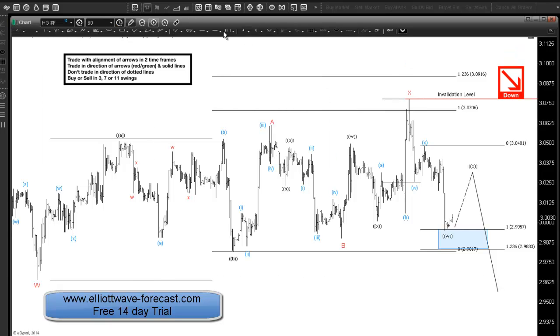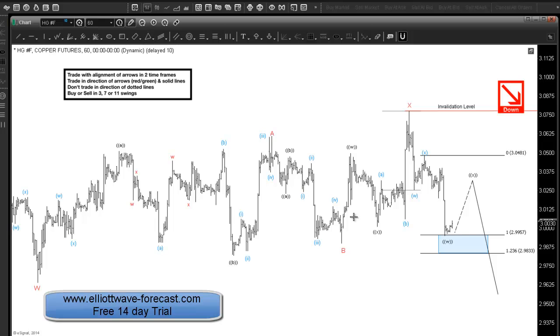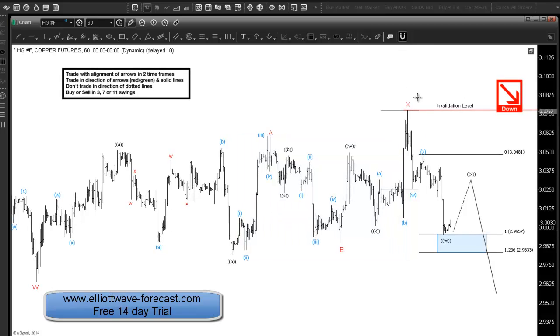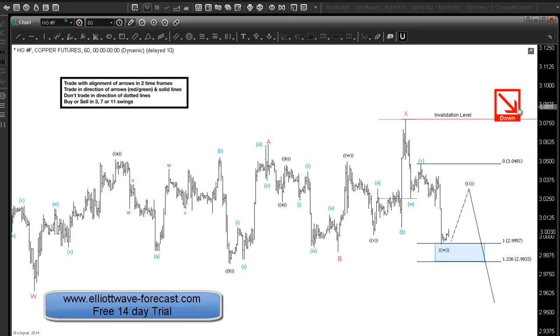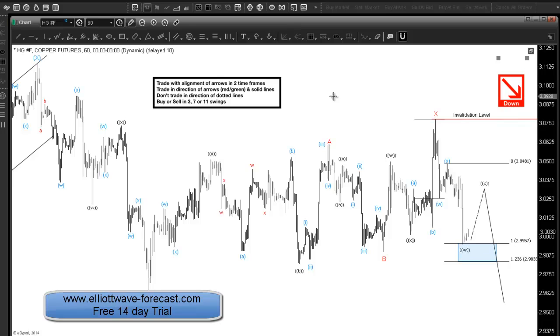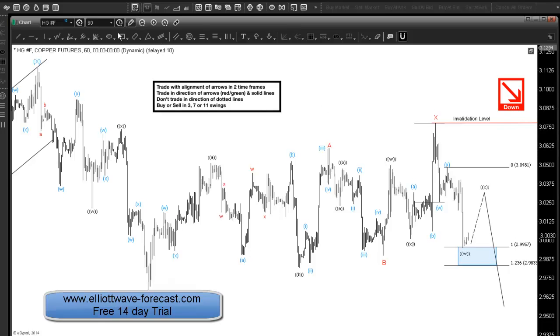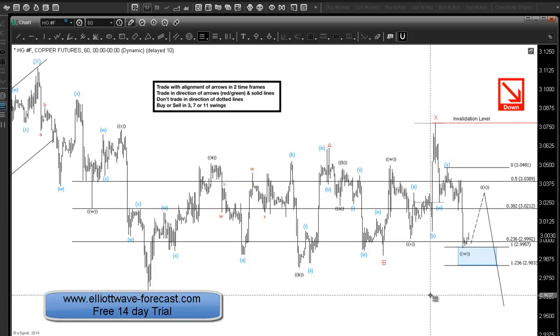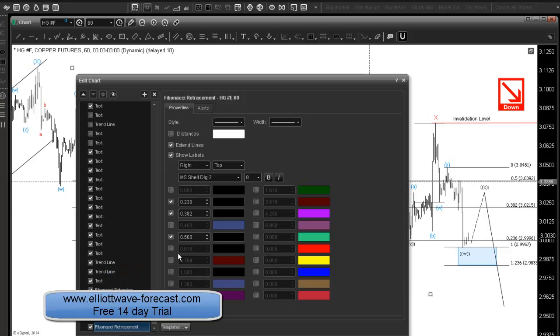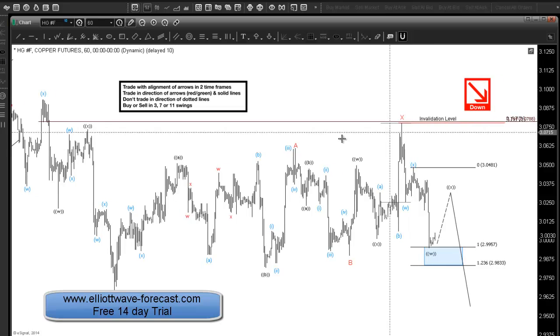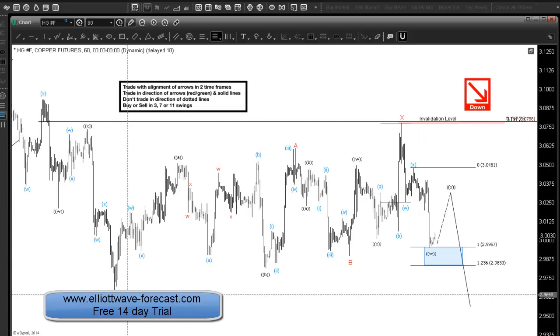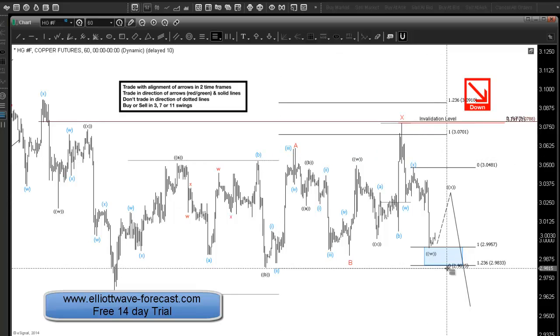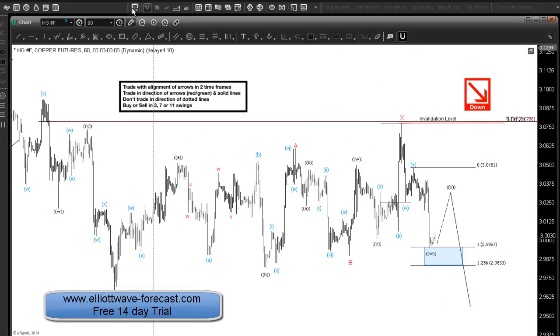So copper did trade sideways. It spent a lot of time trading sideways here in a tight range, before it eventually managed to see the spike up, and then of course you can see it quickly got rejected. It did find sellers in the area, and this level here was almost the 76.4 fib retracement also of this decline here, the red W. So let's see if it managed to do a test of 76.4 fib. It almost got there, missed it probably by a couple of ticks, but it did manage to get to the equal legs here